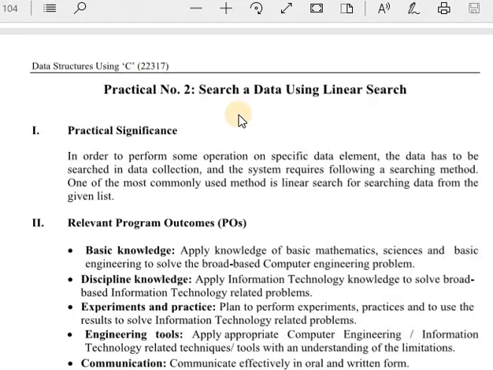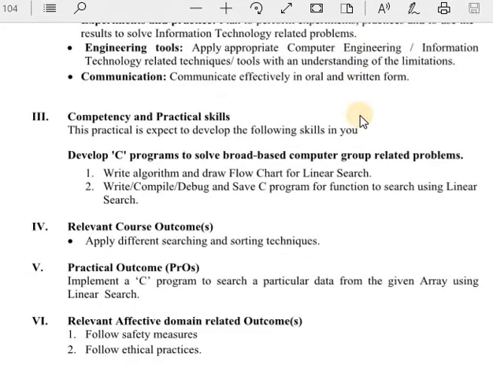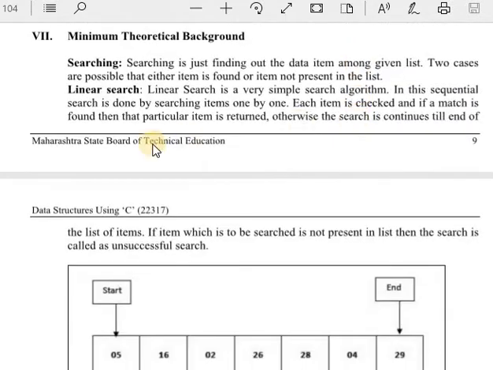This practical depends on linear search. Under searching techniques there are two: linear search and binary search. Here we see the first, linear search. What is meant by searching? Searching is just finding out a data item among a given list.